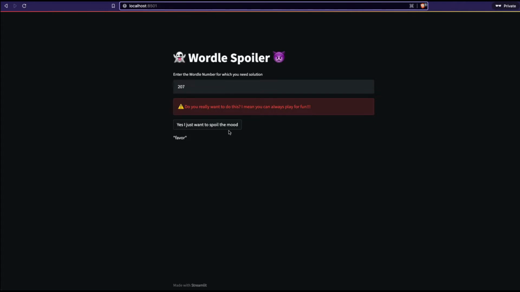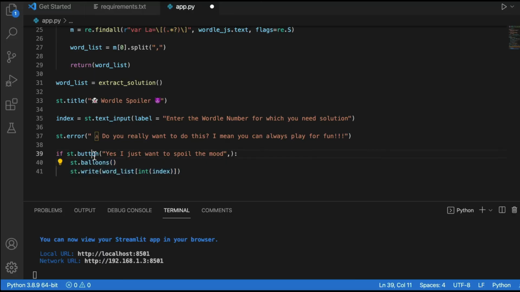So now the most important part of this application is the button part that you see. Everything that you see here happens only when you click the button. That's important, right? And that is enabled because we are enclosing all these things within an if condition. So this is one important thing. For example, if you want to do an action, if you want to display something, or if you want somebody to do something, or if you want to show something only after a button is clicked, then this is what you need to use. This is how you need to do it.